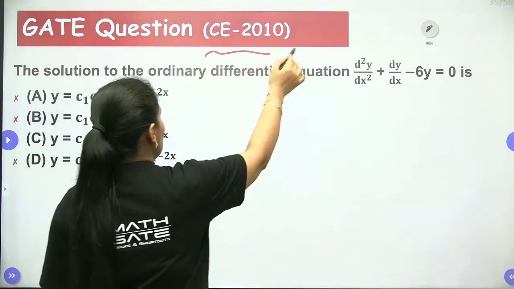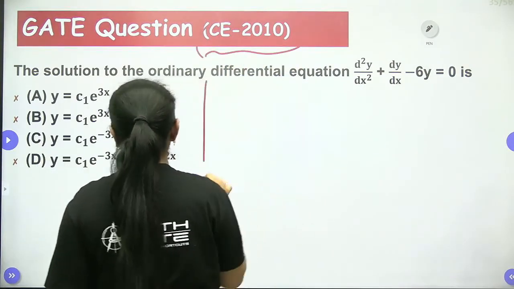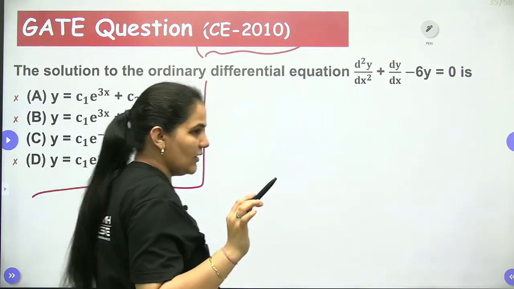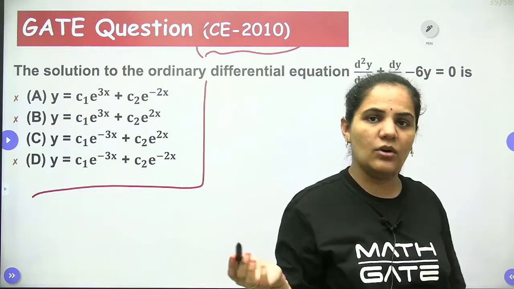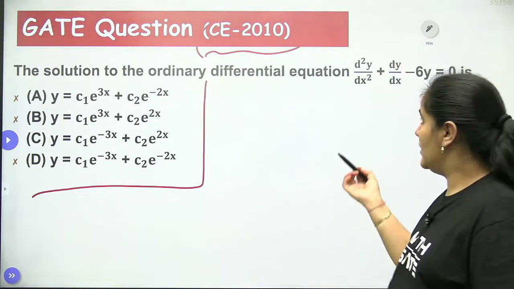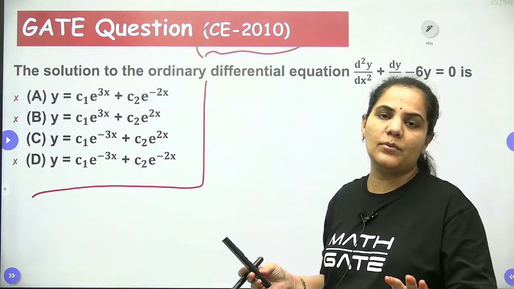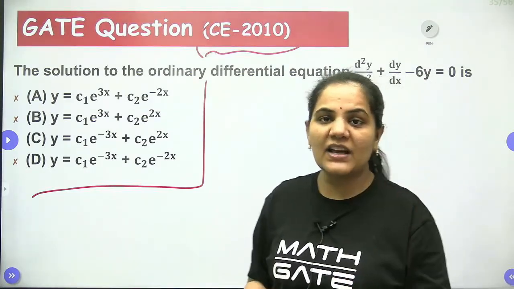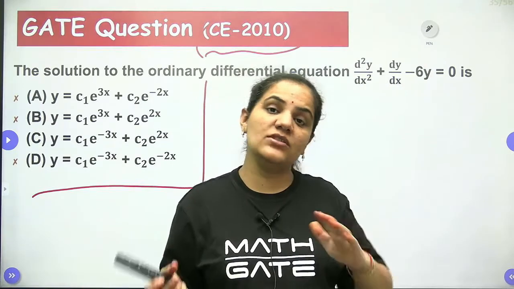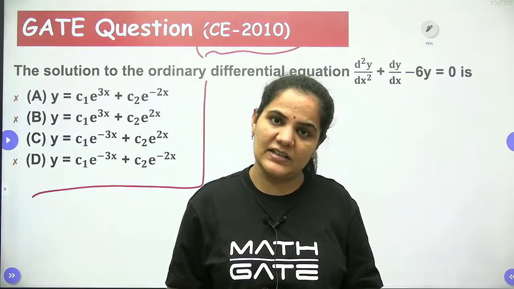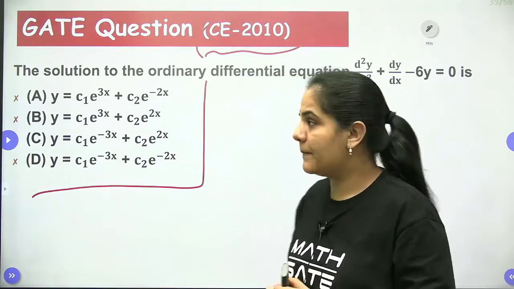This is a question which was asked in 2010. Let's approach it. We know very well, again here we have to write the solution in the form of C1 and C2 constants. So let's approach it quickly, because it's a really simple thing to approach, dear students. Finding the CF of any differential equation is always an easy task, right? You can easily find it.